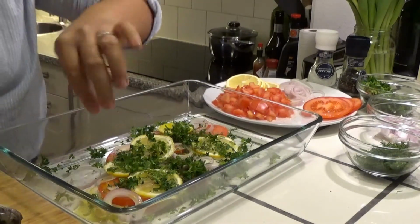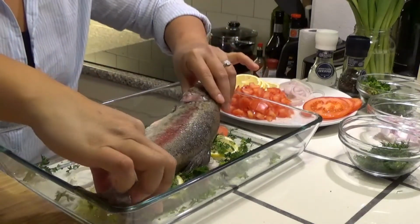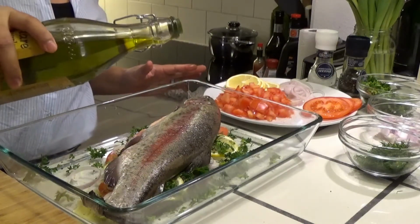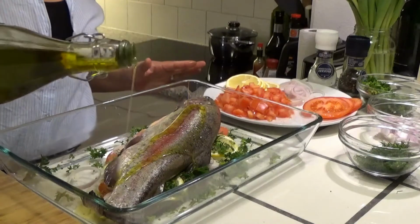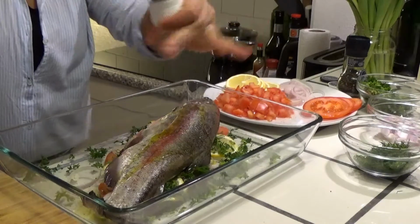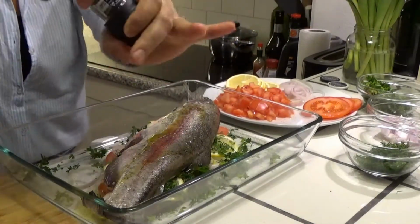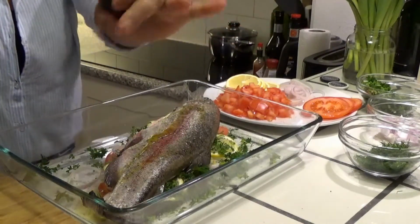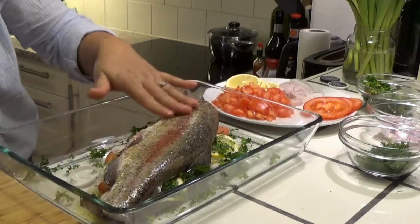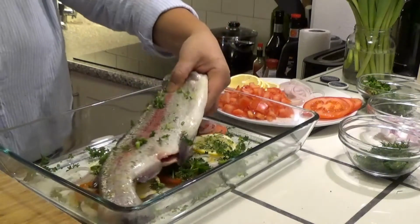And now we have to put our fish in. Here, olive oil, salt, pepper, turn on the side,